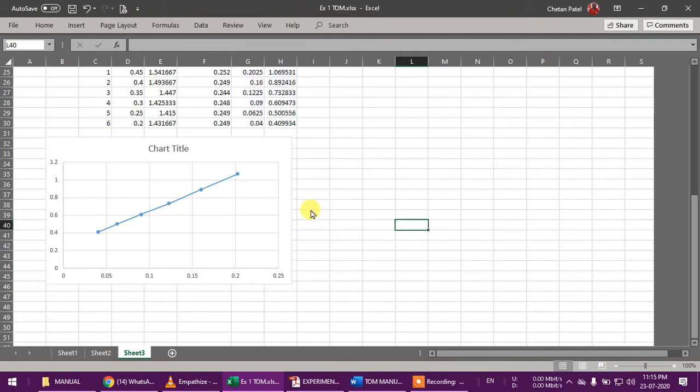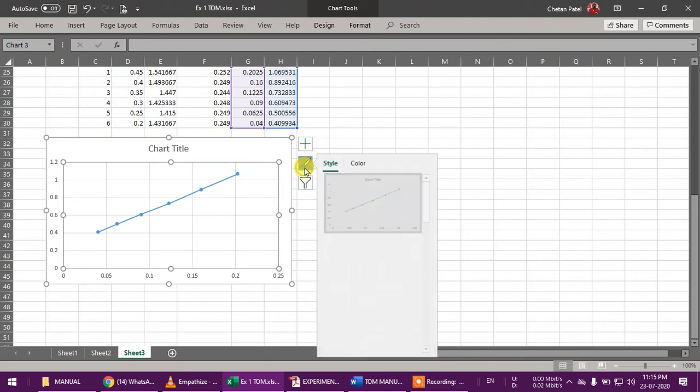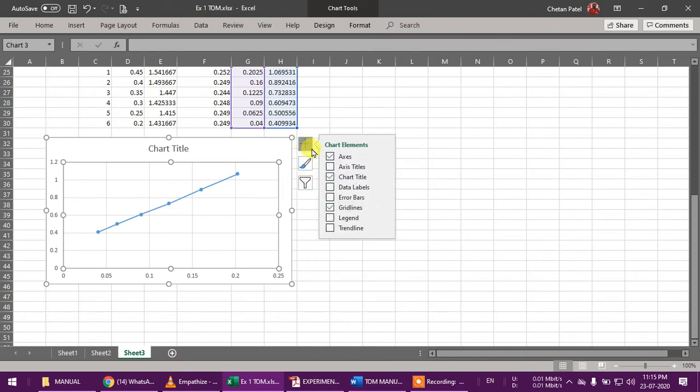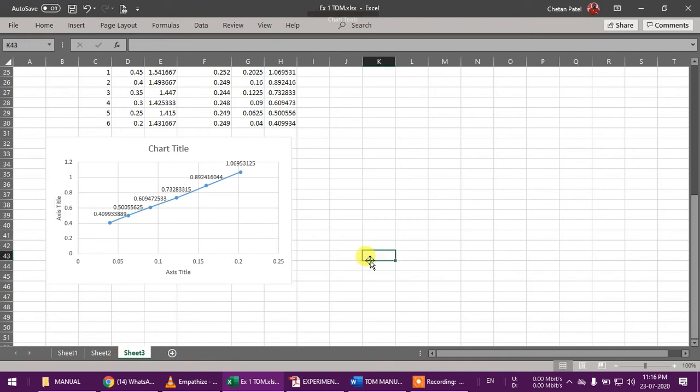Okay. Moreover, if you want something more, then these are some of the options. Let us go through that. If you want axis titles, then just click the check mark here. So axis title is visible, and it has some other options as well. If you want to show the data values, then you can check mark these, and all the respective points' data will be shown there. Okay, so these are the data which should be there. All other options are also there.